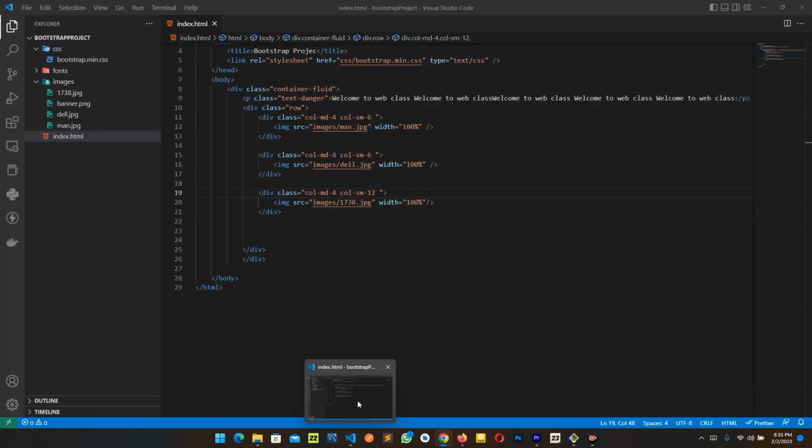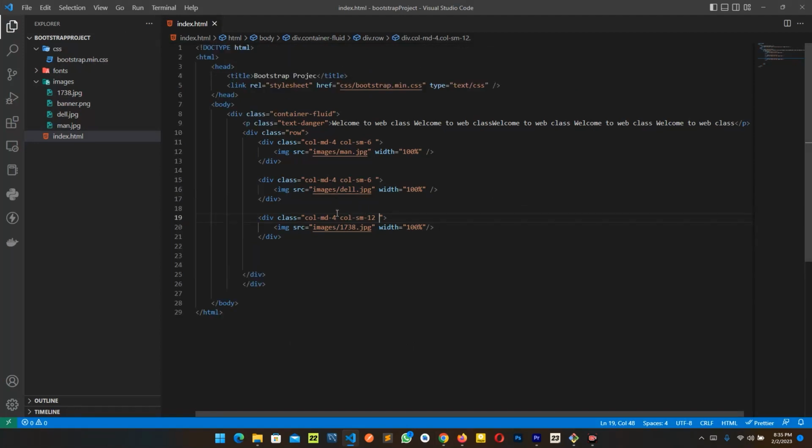Now, let me add one more thing to it. Sometimes we might want to override some of these CSS attributes that have been given to us in Bootstrap. Yes, you can overwrite it, but we'll get there. Not yet, we'll get there. So we're going to learn another attribute of another class in Bootstrap. So for now,